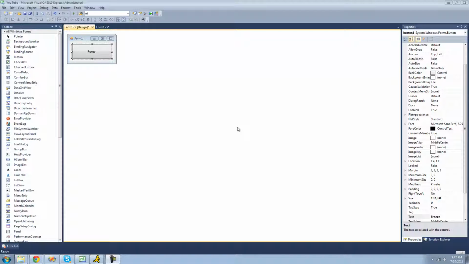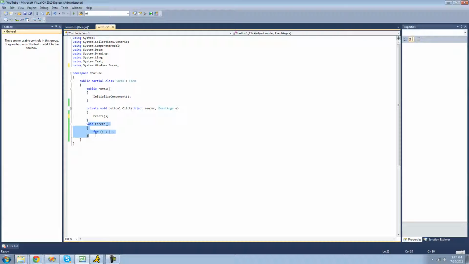And in this tutorial, I'm going to be showing you how to use threading just a little bit. In the following tutorials, we're going to get into threading a little bit more. All you're going to need for this tutorial is a button and some sort of method that will freeze your